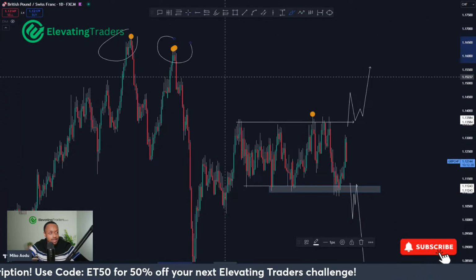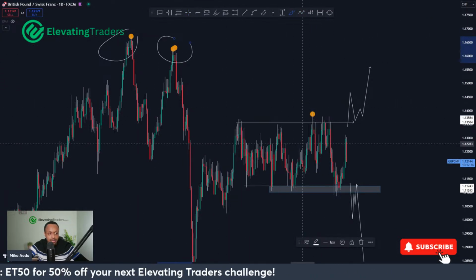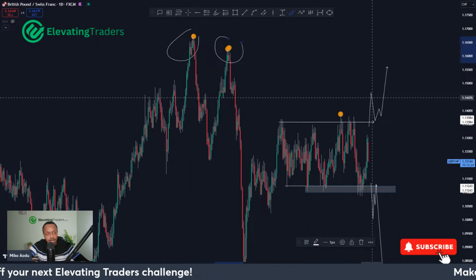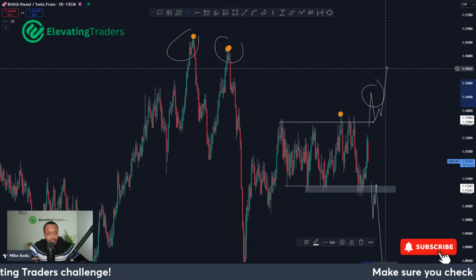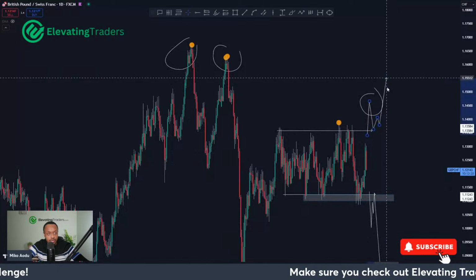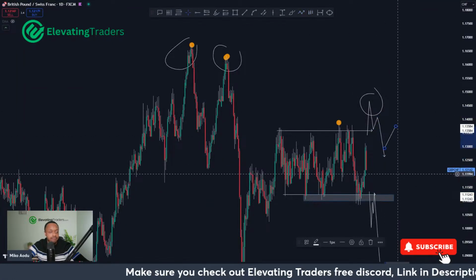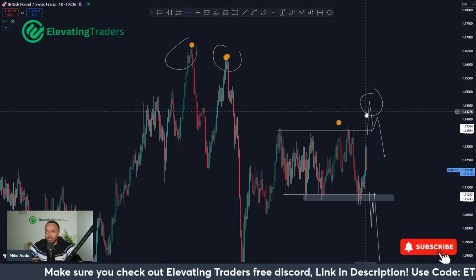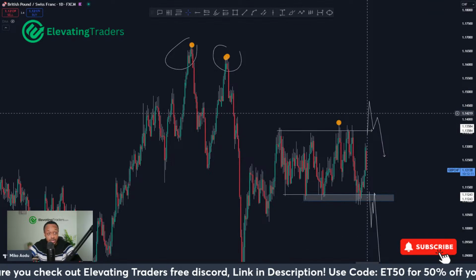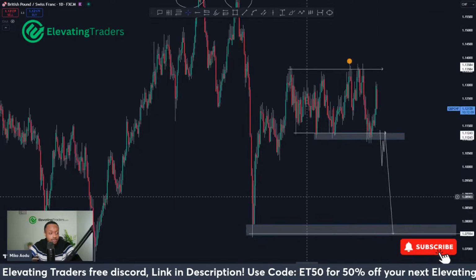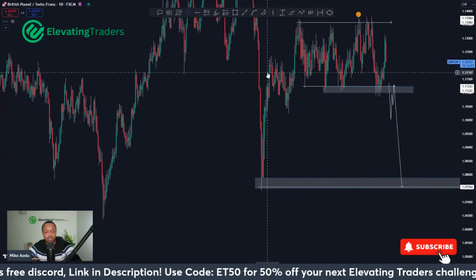So the whole idea is that this resistance is the lower high. And if we do break to the upside, that could be the lower high. And then I'll be looking for pullbacks afterwards to take price back down again. So if it does break to the upside, I'm not really interested in that. If it does break to the downside, though, very interested in that. And of course, looking to take it back to where we came from, back at